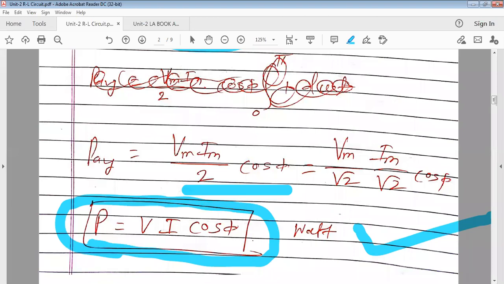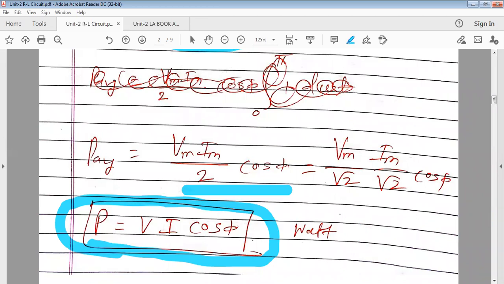All these five terms, any one of them you may get asked. Sometimes they ask to calculate the true power, sometimes power consumed, sometimes power dissipated. All are nothing but capital P, and only one formula, whatever the circuit: purely resistive, purely inductive, purely capacitive, series RL, series RC, series RLC. For every circuit, keep only one formula in your mind: capital P is equal to VI cos phi.